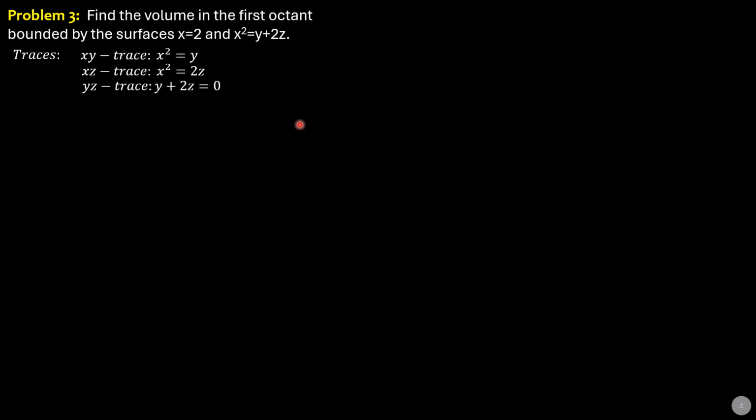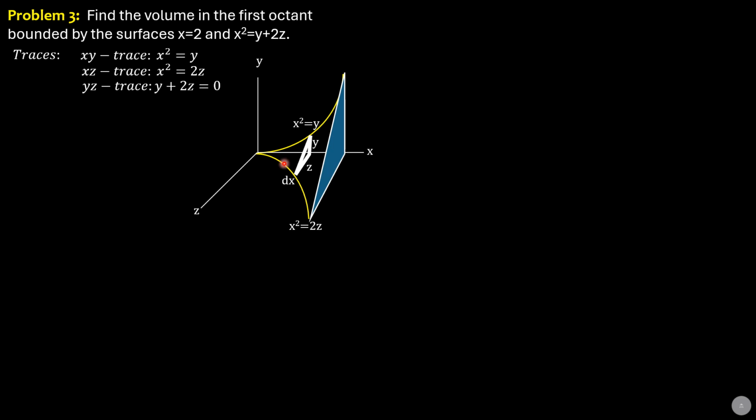We then sketch the graph for x squared equals y. It's a parabola in 2D sketching, and there are two values of x. So if we consider the x axis to the right, y upward, then it is an open upward parabola, and we only focus the graph on the first octant or first quadrant. So that is x squared equals y.